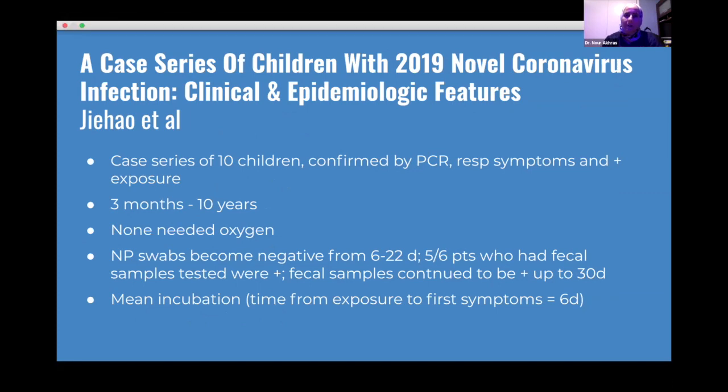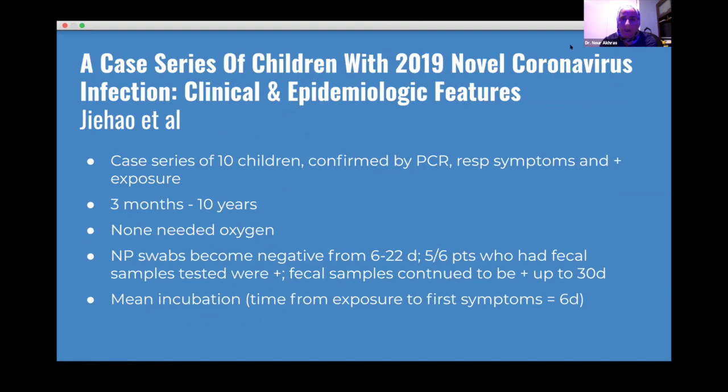Okay, so this is another study that came out of China, a small case series of children looking at their clinical and epidemiologic features also. It was a case series of 10 children who were confirmed by PCR, had respiratory symptoms, and a known positive exposure. Their age group was from 3 months to 10 years. None of those children required oxygen. But what I wanted to highlight here is that